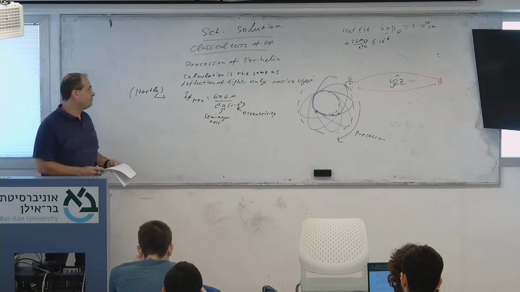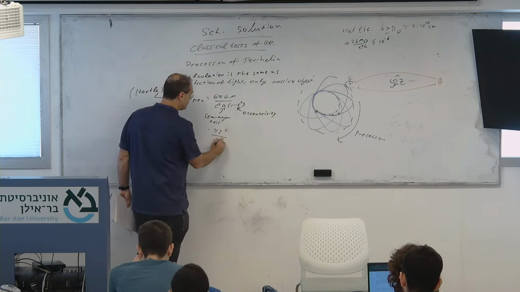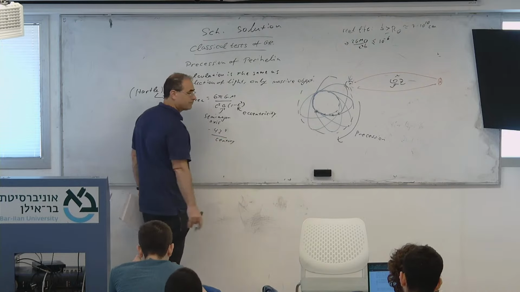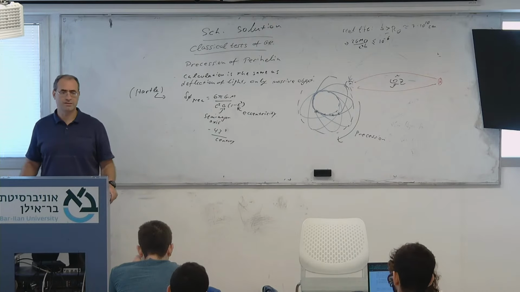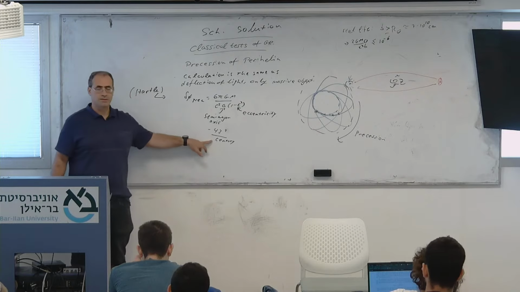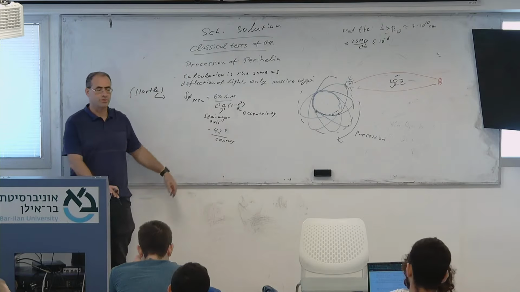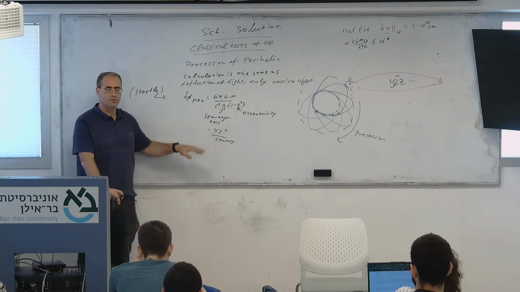The predicted value, 43 arc seconds per century. Very small. But at the end of the 19th century, when you have accurate enough measurements of Mercury from the beginning of the 19th century. So by the end of the 19th century, it was already